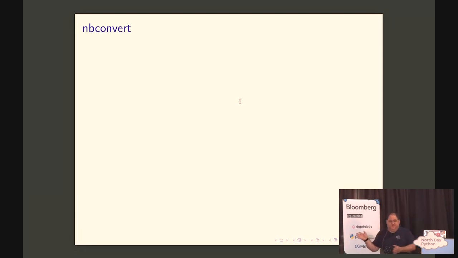Because nbconvert is, to a first approximation, magic. It has really great programmability into what you can support, right? You can hide certain cells completely. Again, if you think about pedagogical values, that's really important, right? Sometimes we don't want to show people stuff that will distract them.